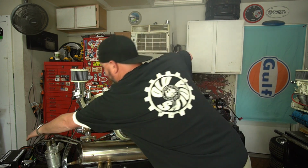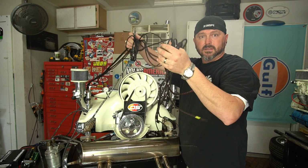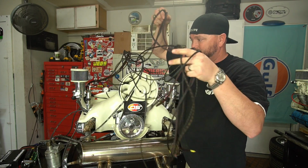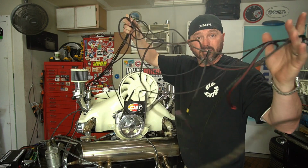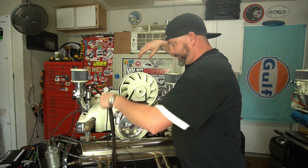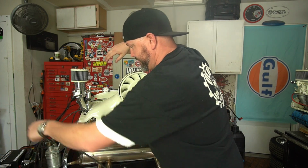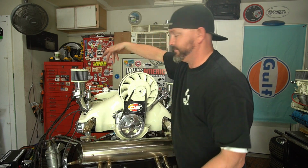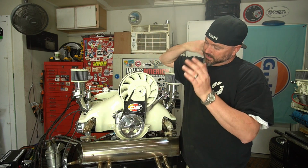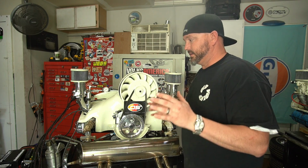I mean, this is the harness coming off the motor. Look at that mess. Look at all those wires. That's not even all the wires. There's still more wires in a box I haven't even looked at yet. So, you know, we need to get that sorted. We got the oxygen sensor on there. We got fuel injectors. We got sensors. We got all kinds of other junk in there. We got to get all wired up. And all of it has to get wired up